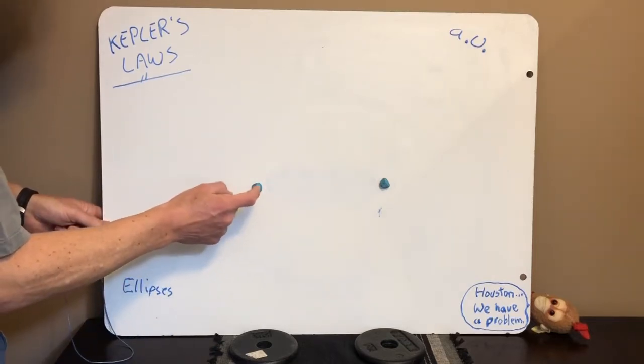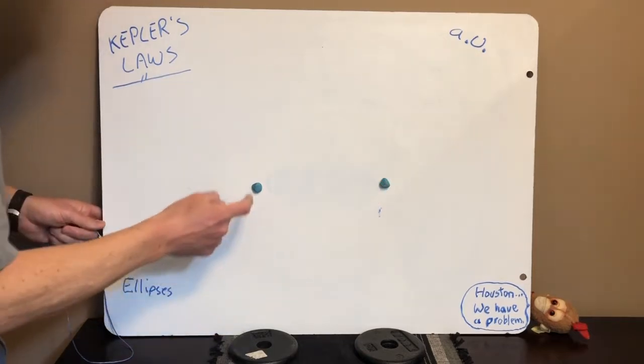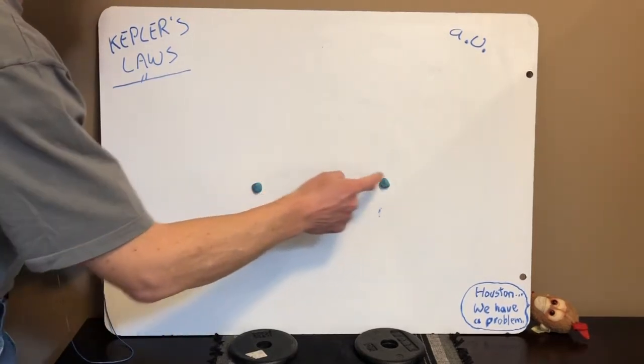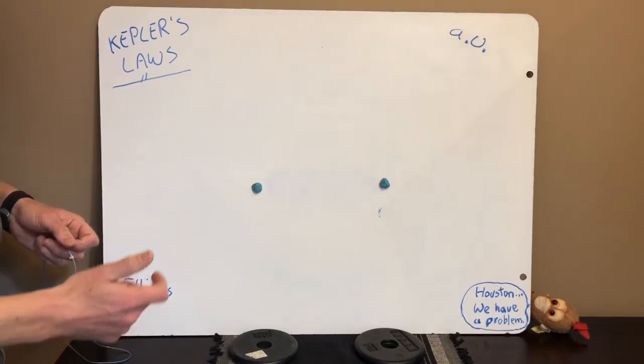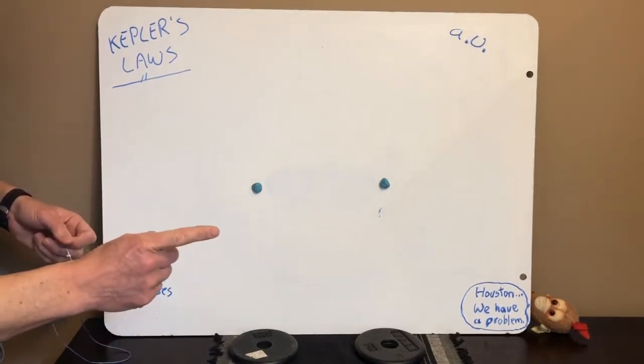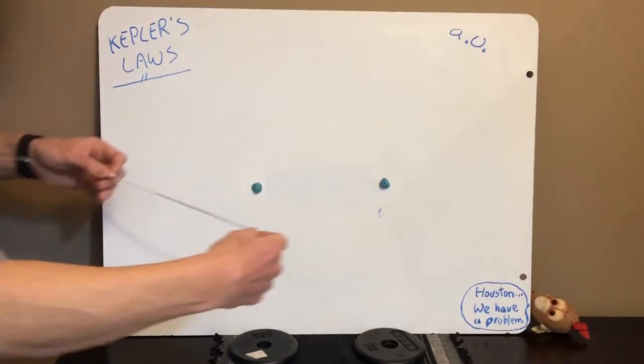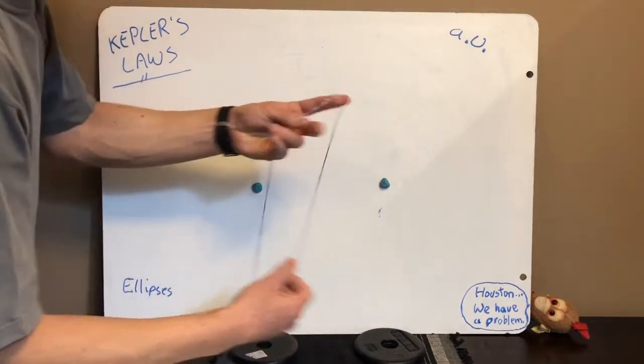And I've got a piece of fun tack here and a piece of fun tack here, and they are going to act as the 2 centers, or the 2 foci of my ellipse. Remember, if you have one, it's called a focus. If you have 2, plural is foci. So here's the 2 foci of my ellipse, and I take a string,